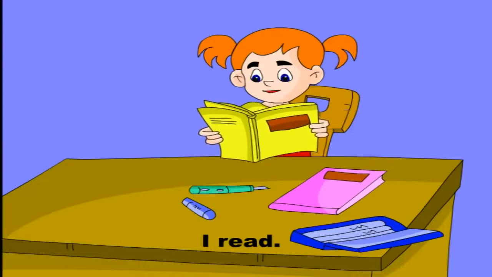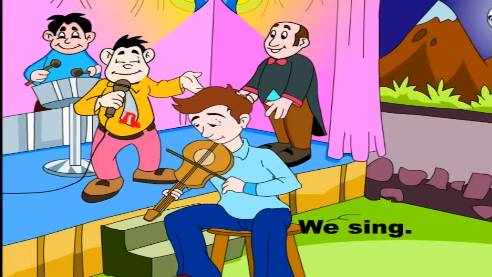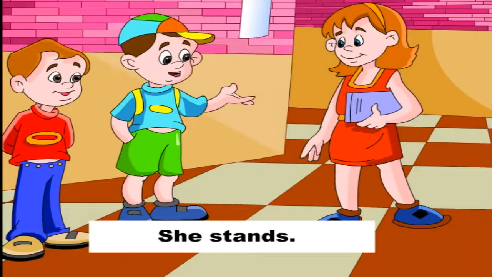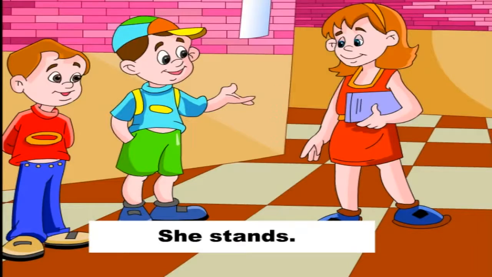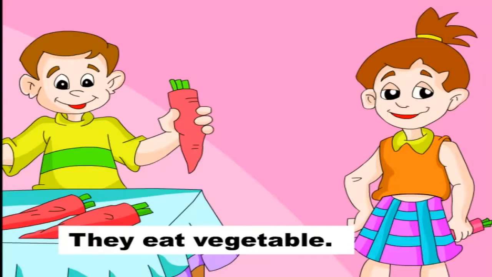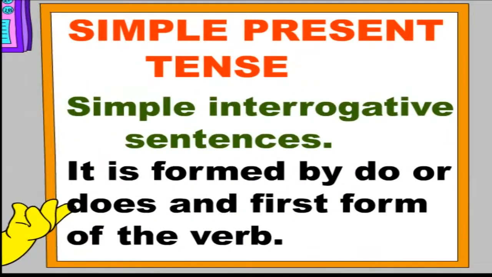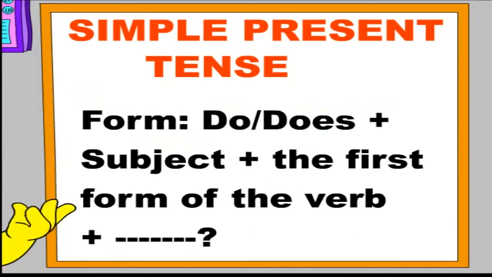I read. We sing. She stands. They eat vegetables. Simple interrogative sentences. It is formed by do or does and the first form of the verb. Form: do or does plus subject plus the first form of the verb plus the object. Examples: